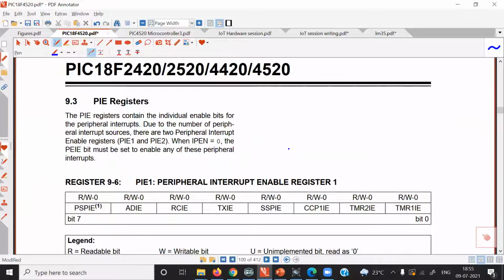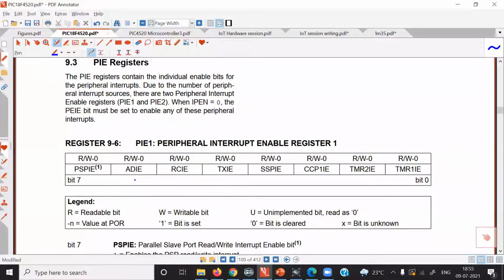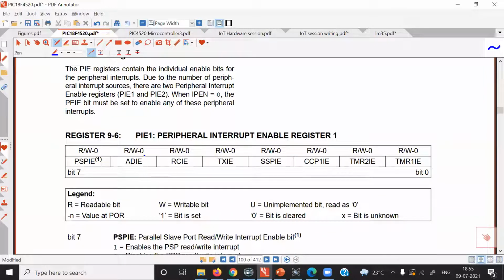Then PIE registers, peripheral interrupt enable register. So it consists of enable bits. Like if you want interrupt for analog to digital conversion, the moment you want to detect whether end of ADC conversion is complete or not, then with the help of interrupt and with the help of polling method you can do it.